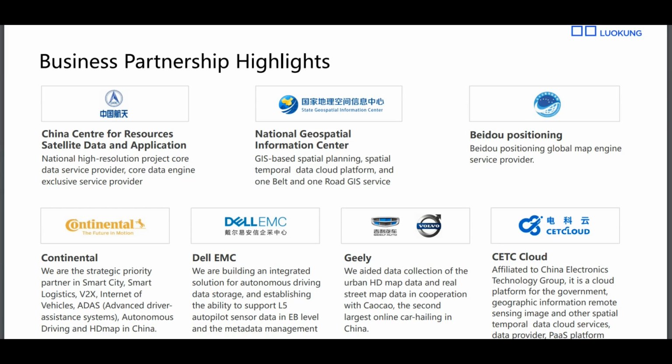Okay, Geely Auto is also Chinese, but Volvo, and then GETC Cloud. And the most important thing is, guys, that these are the business partners for different solutions that Luokung Technology is providing, like autonomous driving and HD maps, GIS based spatial planning solutions, core data engine solutions, everything, smart city,